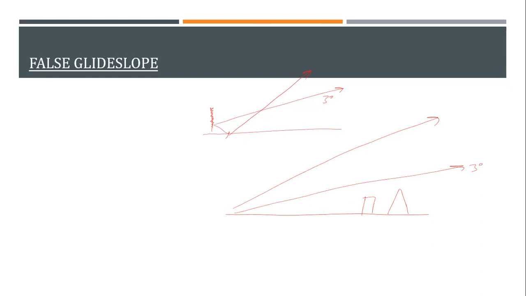But yes, once you come in for landing and you are just reaching the runway, suppose there's a huge fog and you are coming in for landing blindly. You're following, instead of 3 degree, let's say a 6 degree glide slope. And you're following and you come here on the runway, you will see the runway like this.